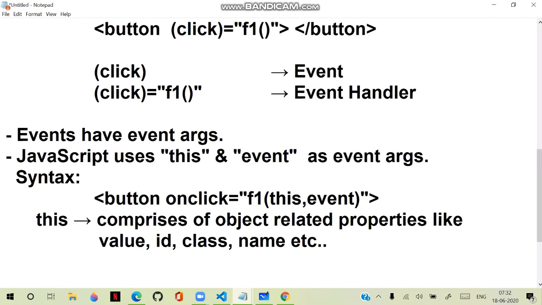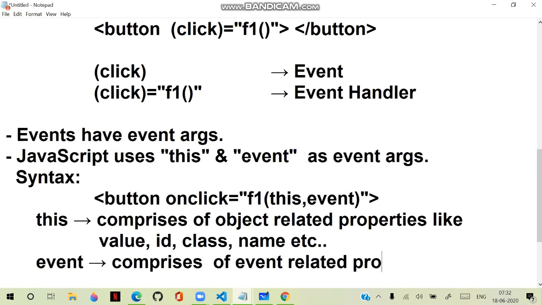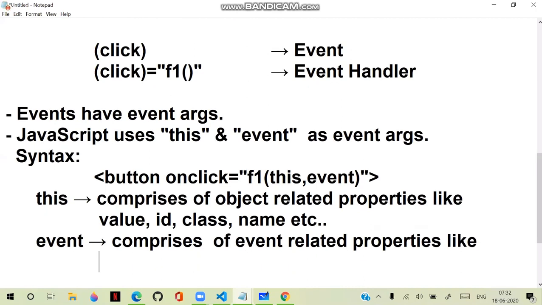And event comprises of event related properties. Like event have properties like client X, client Y,